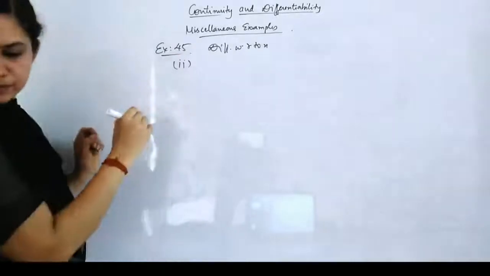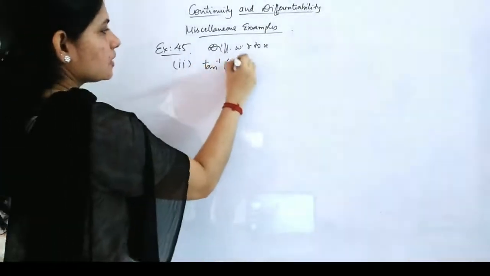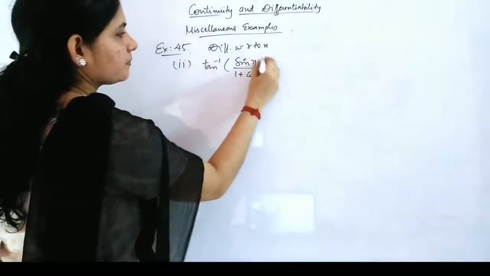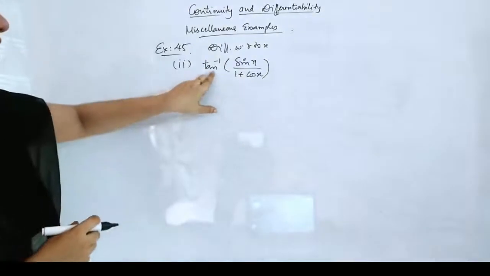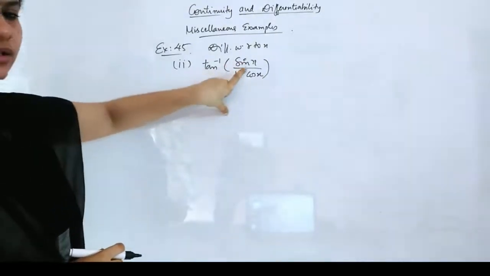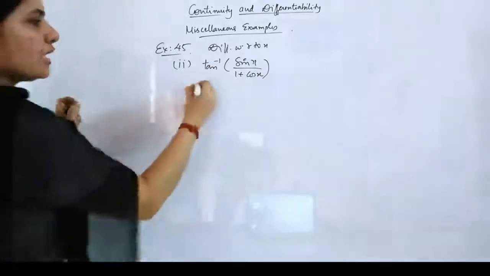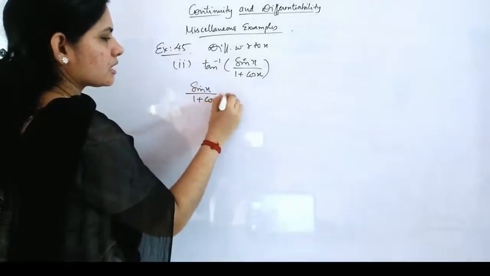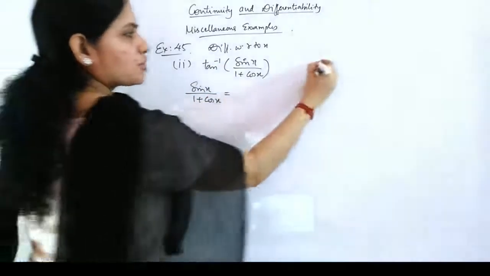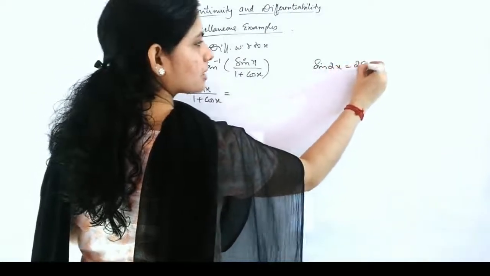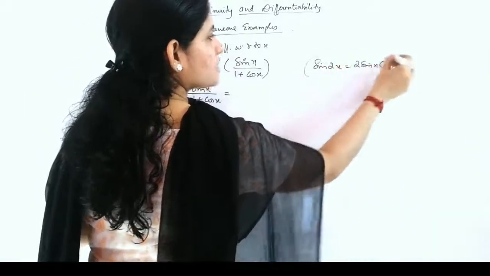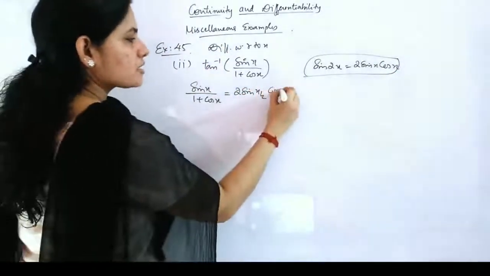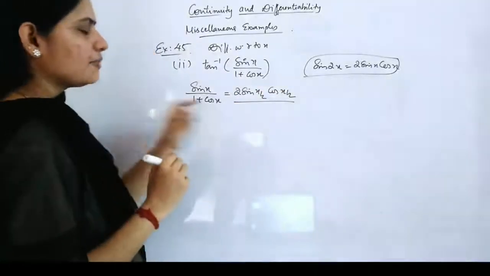The second subdivision is tan inverse of sin x by 1 plus cos x. Here again you have tan inverse outside, which means inside also you have to bring some tan. For that, first we will start with the bracket part, sin x by 1 plus cos x. Sin x can be written as, suppose you have sin 2x, you will write it as 2 sin x cos x. So if you have sin x, you will write it as 2 sin half of the angle cos half of the angle, divided by 1 plus cos x.